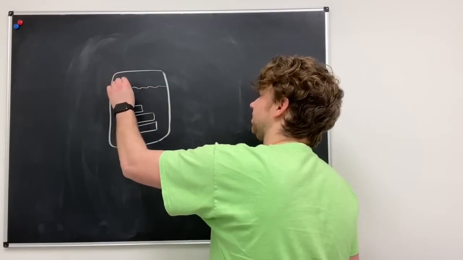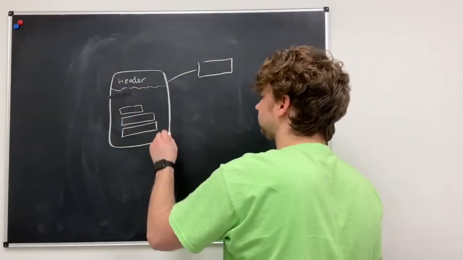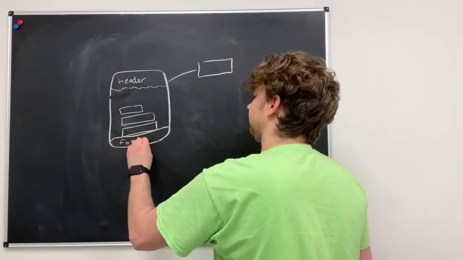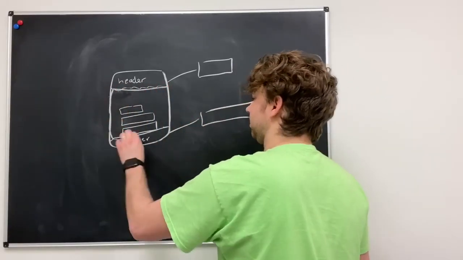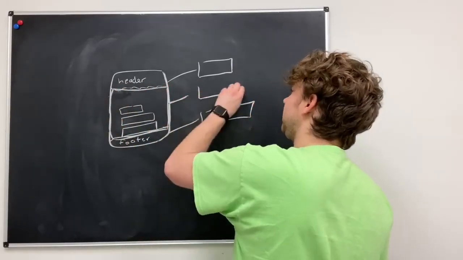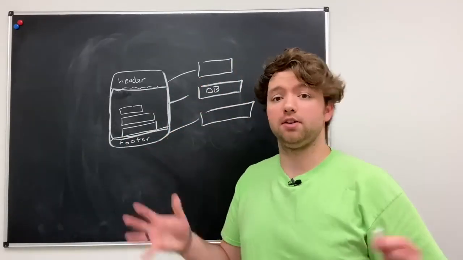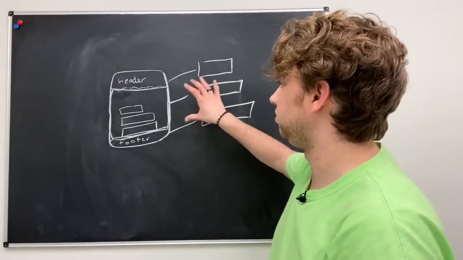So for example, we could have the header that could be coded from one location. We could have the footer that could be coded from another location, and then we could generate the body, and this body would come from a database. So things changed, things were dynamic, and one of the real benefits of this is that you could create the